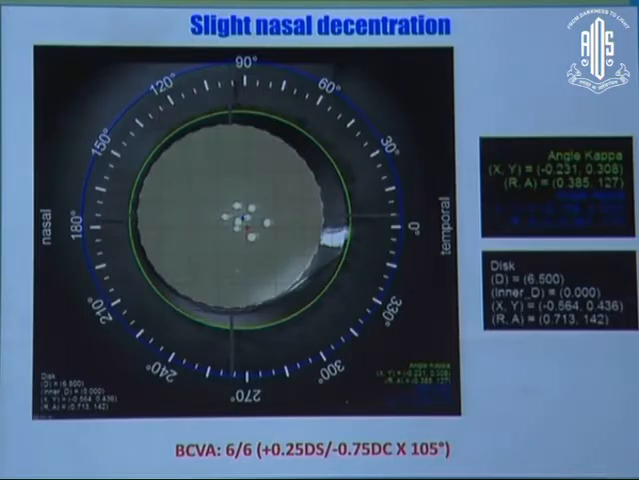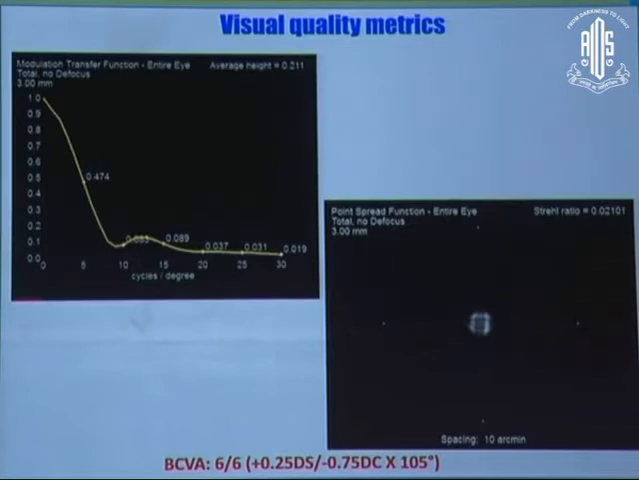Now, a couple of other cases. In this case, if we look at the dilated slit lamp examination, the IOL is very well centered in the pupillary axis, both dilated and undilated. However, there is a minimal nasal decentration in this case. The patient's visual acuity was 6/6 with plus 0.25 diopter sphere and 0.75 diopter cylinder. But when we looked at visual quality metrics in the modulation transfer function graph, for lower spatial frequencies, the contrast sensitivity was good. However, as the spatial frequencies increased, the contrast sensitivity dropped down, and the point spread function also showed